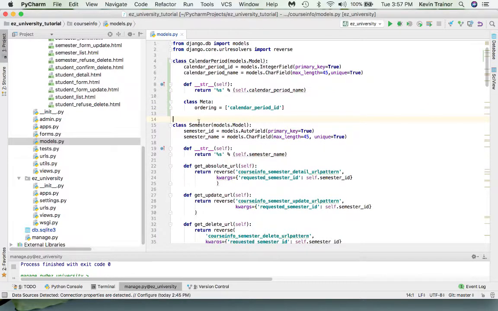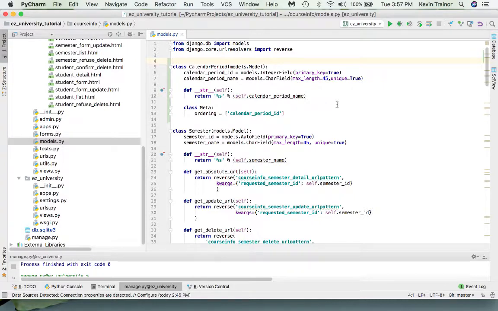See, we need two things, 2 blank lines between those and 2 blank lines ahead of it. All right, that's our standard formatting for the file with white space. Okay, so the class is called calendar period. It uses camel case capitalization. And it's got 2 columns, calendar period ID. And instead of using an auto field like we did for all the rest of the ones, if we use an auto field, well,